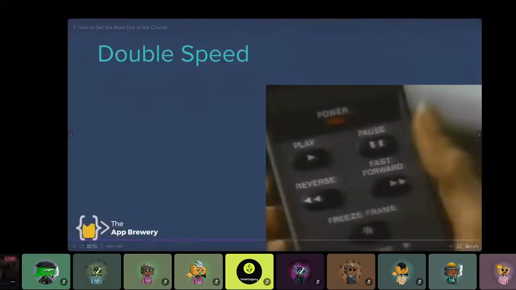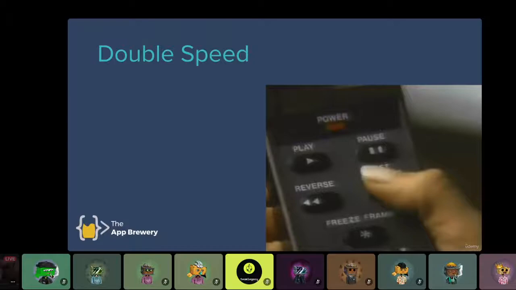Now, the next thing to remember is that if I'm talking too fast or too slow, you can always change the playback speed. If you're in a lesson that you find particularly easy to understand and you already know most of the concepts, then go ahead and switch the video player to double speed so that you can cover much more ground in the same space of time. On the other hand, if I'm talking too fast or if English is not your first language, then feel free to change the speed to half speed so that I talk a lot slower and